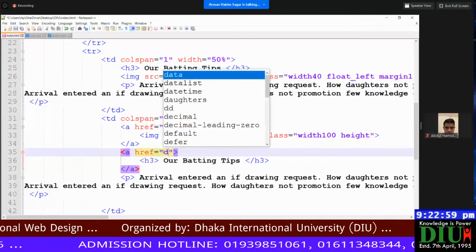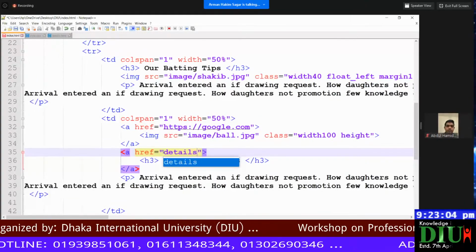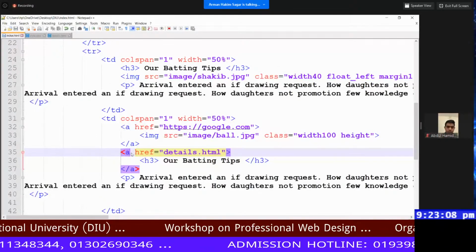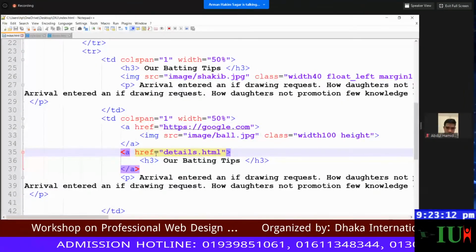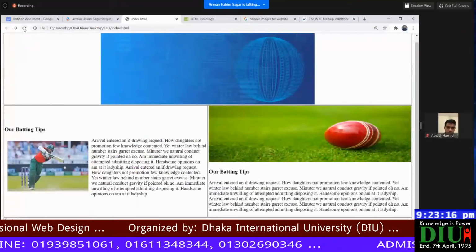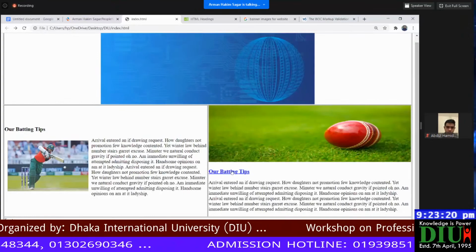So we have created an HTML page called details.html. So details.html is a separate page in here. We'll go to this page after clicking from here. Okay, so if we just click now, this is our batting tips, and if you click in here right now,